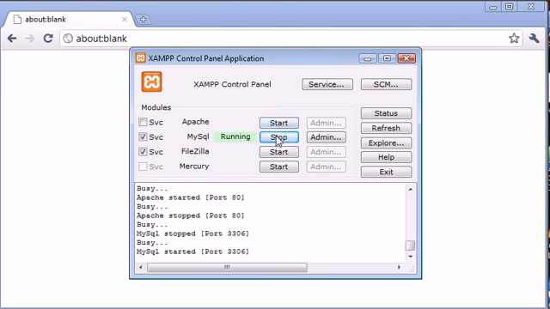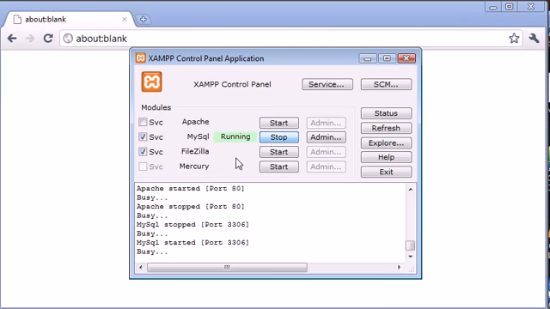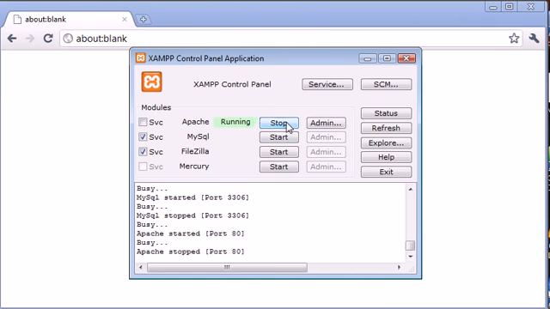They're going to look something like that, and to start them you're just going to simply click start, and vice versa. If you need to stop them for any reason, just click stop. So now that they're both running, we see here Apache started on port 80 and MySQL started on port 3306. Now to access